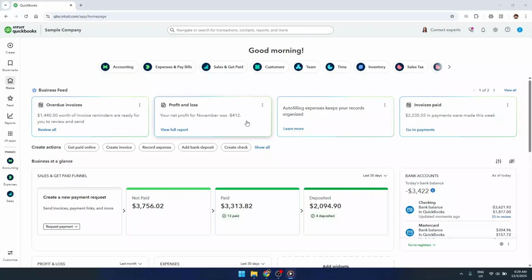In today's video, I'm going to teach you how to reconnect a bank feed in QuickBooks Online. When your bank feed stops updating, it can cause missing or outdated transactions, which makes your books less accurate. Reconnecting the bank feed is usually quick and fixes most of these issues, and that's exactly what we'll walk through